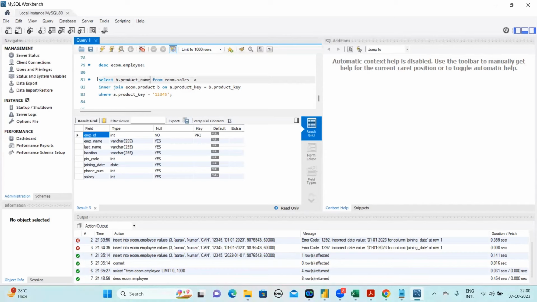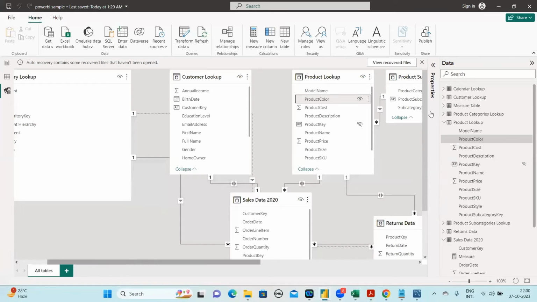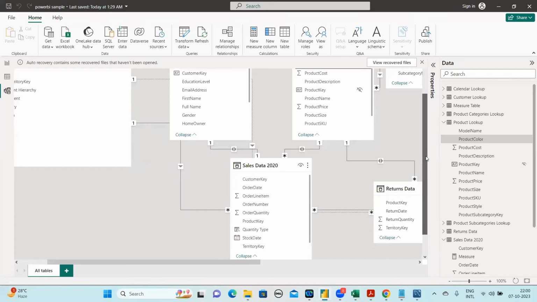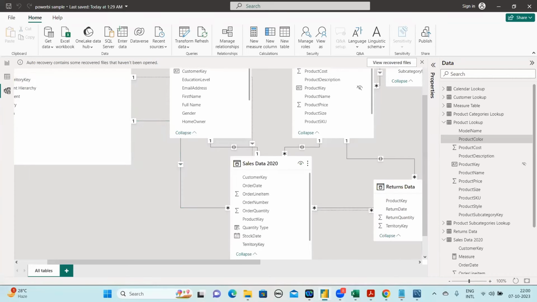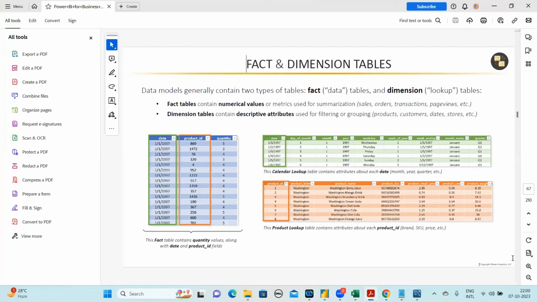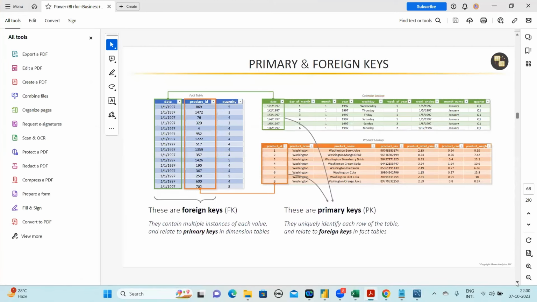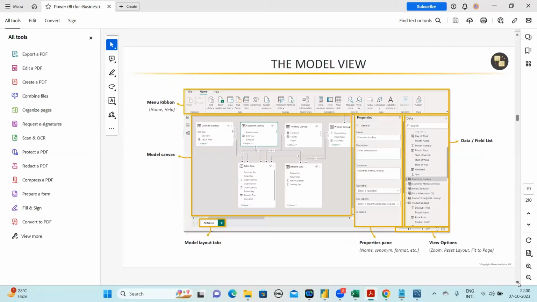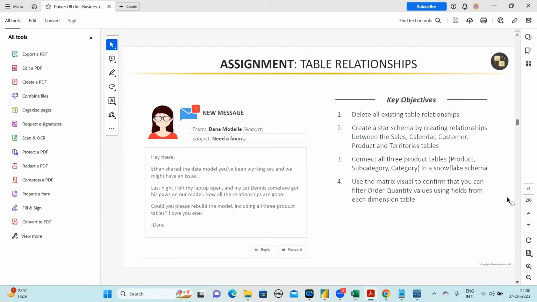This is how you're going to perform the select. You're going to get the answer where, for which product key, we see the product name. This is exactly what you're going to do. If you have data, you just run it and you'll get the answer. Right? Now, fair enough, dims and facts, why we need them. I'm going to show you how we can create this relationship, but I want to give you a little more explanation about the